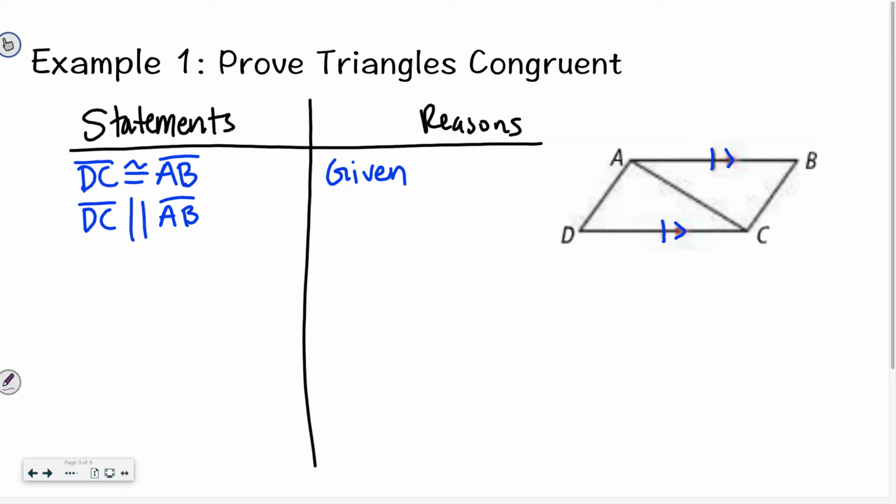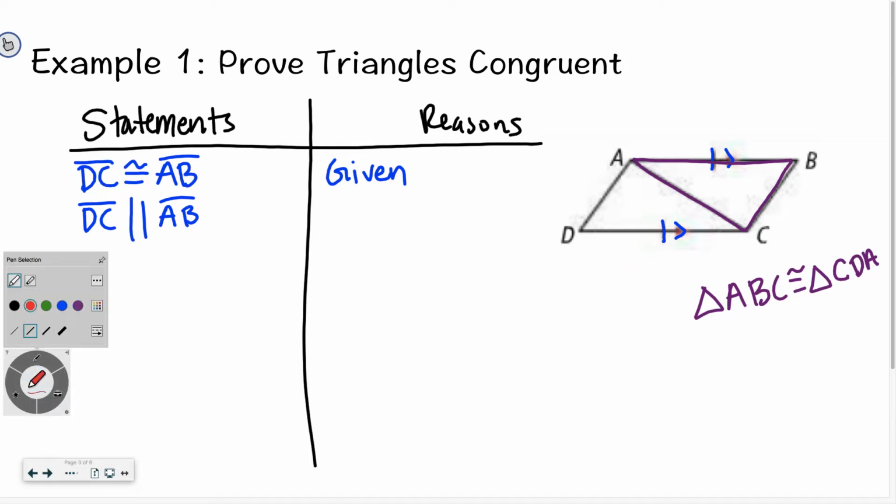Then, if I'm trying to prove that these two triangles are congruent, that's me trying to say triangle ABC is congruent to triangle CDA. All right, so the two ways I can prove that triangles are congruent are by side, angle, side, or side, side, side. So if I look at this, I have one congruent side. And if I also look, here's one triangle, and my other triangle, if I outline it,